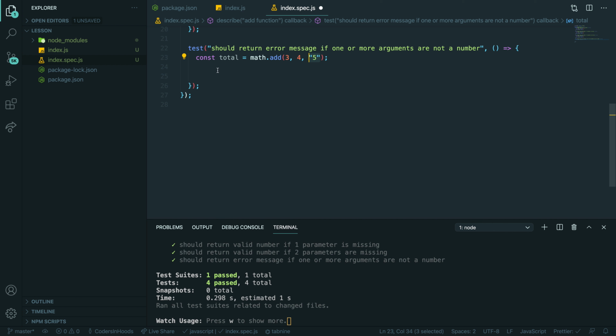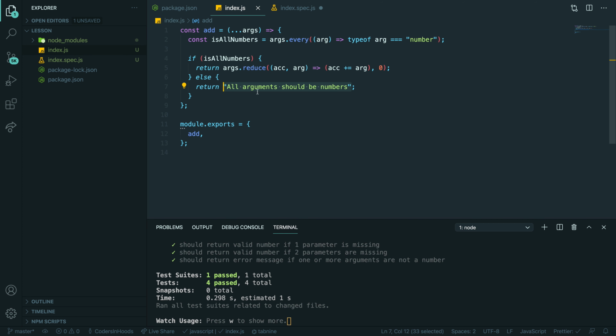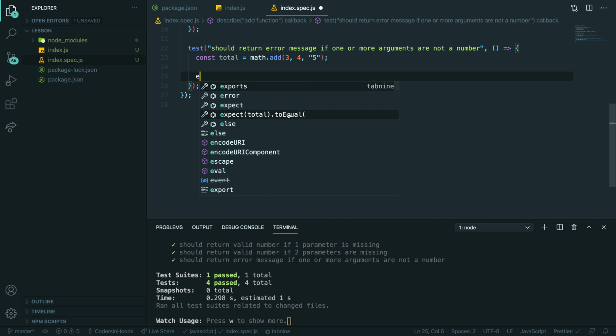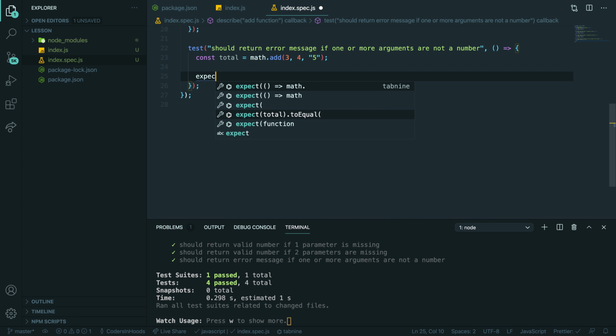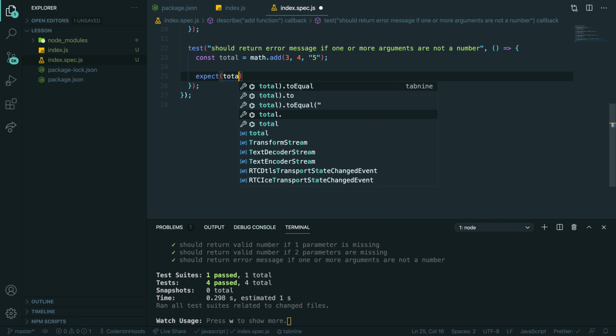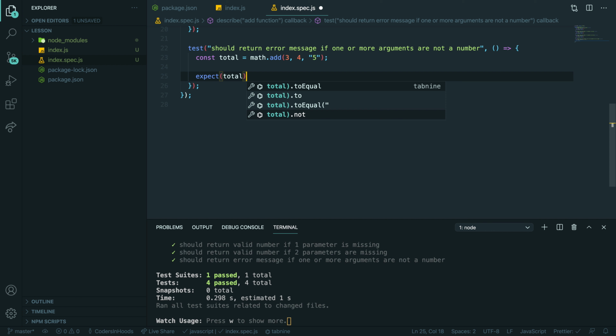Okay. Are we saying if total is that message, then it's true? So how to write it? Remember, we have expect. So you say expect total, it's very similar to plain English, to equal and your message.